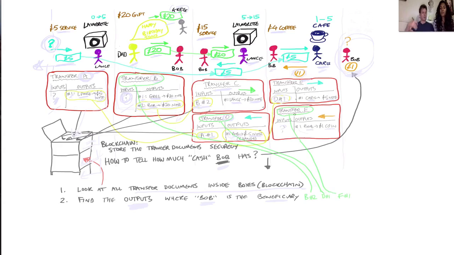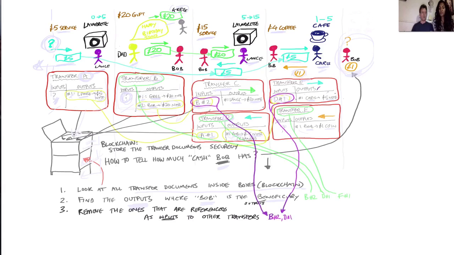So those are all the instances where Bob has received cash, assuming that he started from zero before these transactions. So we know all the outputs where Bob is a beneficiary. But the next thing we have to do is remove the transactions that are referenced as inputs to other transfers. And we can see exactly what we mean by that, because in transfer C,